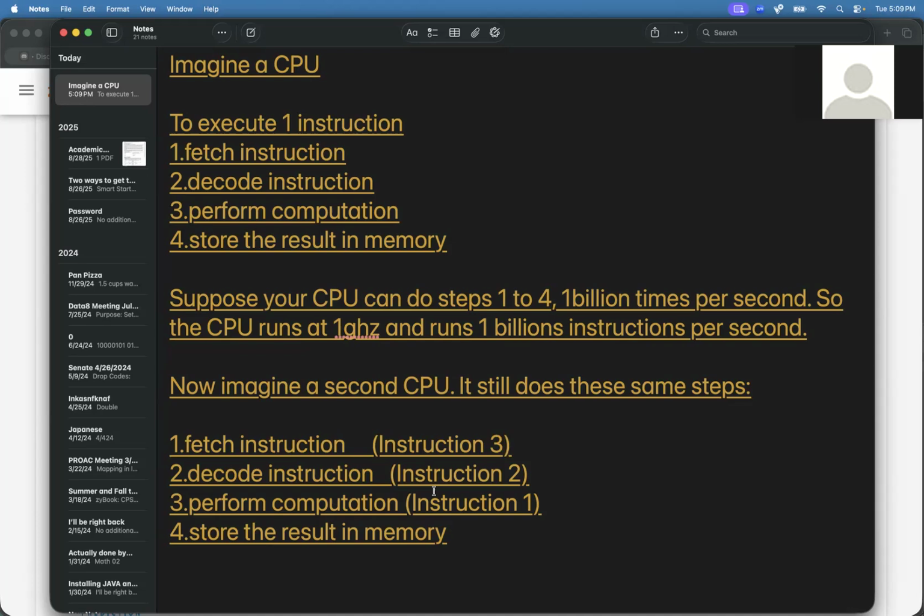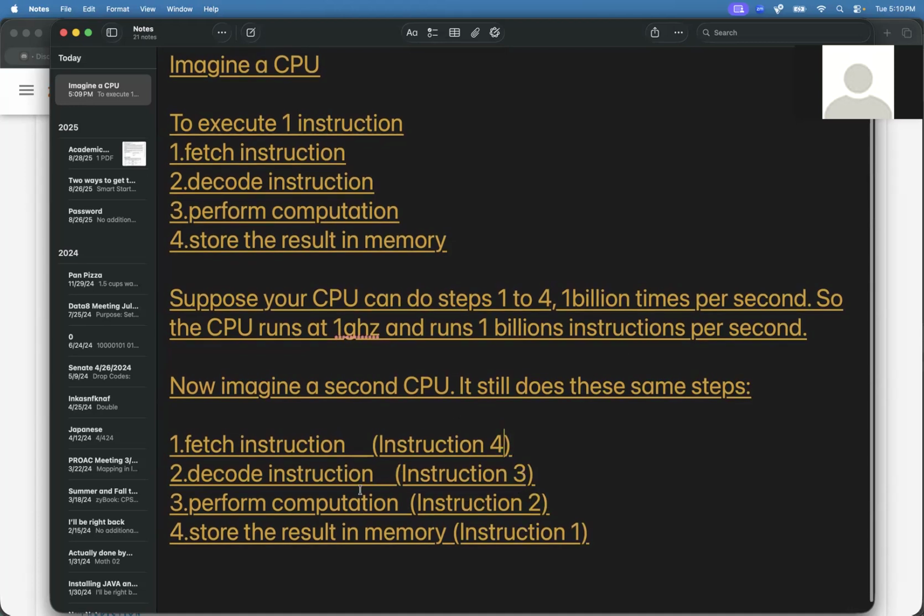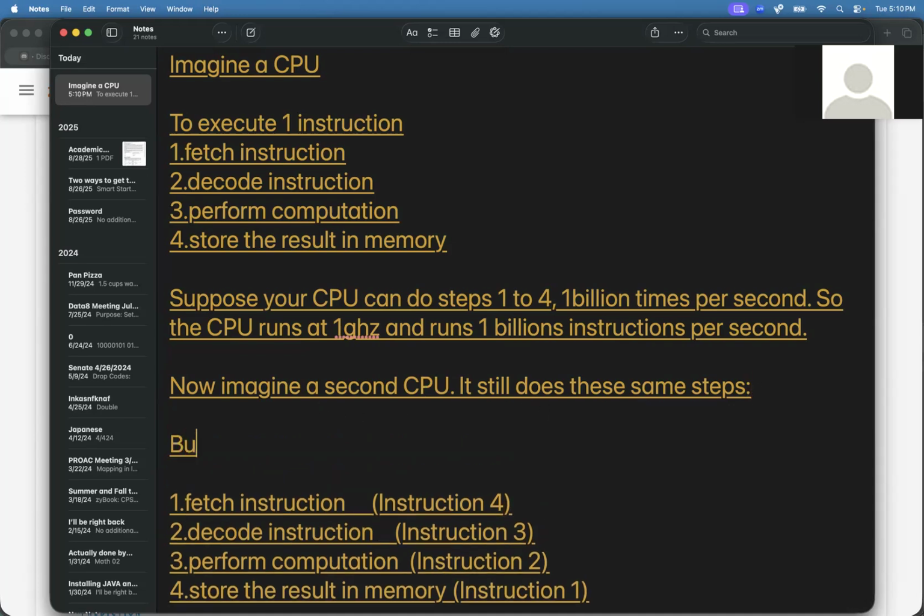And then after this is done, instruction 1 can move on to the next step, and then instruction 2 can move on to the next step, and then instruction 3 can move on to the next step. And then instruction 4 can be moving here. So what happens here is that you can have 4 separate instructions, one on each step at the same time. Okay, so the second CPU does these steps, but the big difference,